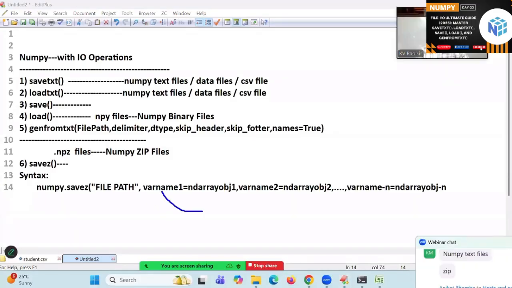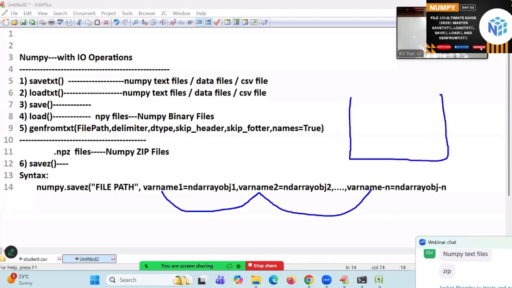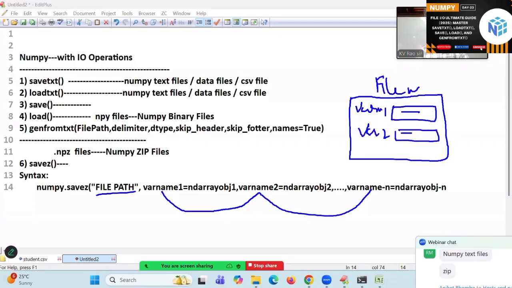So what is this? Variable 1, variable 2, variable N are stored on the secondary memory. On the secondary memory, what is my path? The file name is there. In the file, under variable name 1, ND array data is stored. Under variable name 2, another data is stored. Under variable name N, another data is stored.